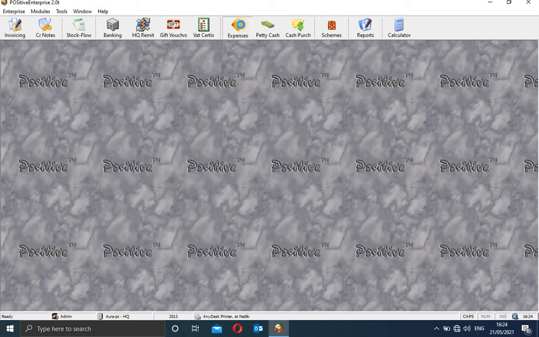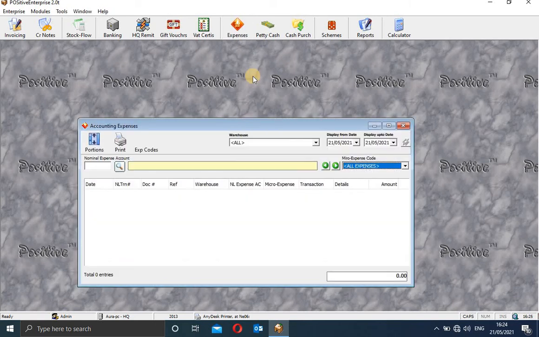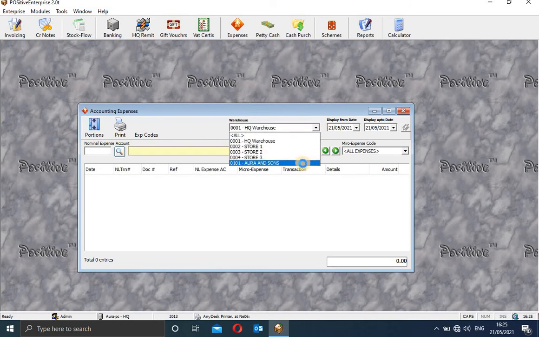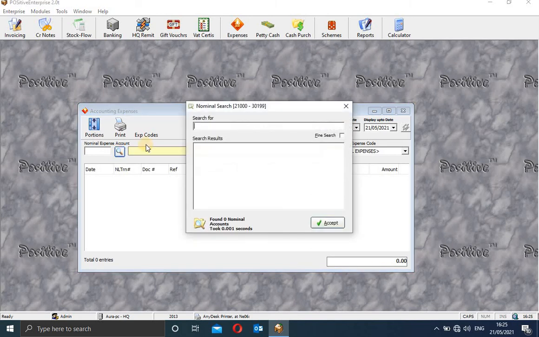And then here you can also check the dashboard of expenses. This is the dashboard of all the expenses you are able to check. You can select via warehouses, or branch wise, and then be able to see their expenses. You only select an expense nominal code here. So you select which expense, maybe say packaging.